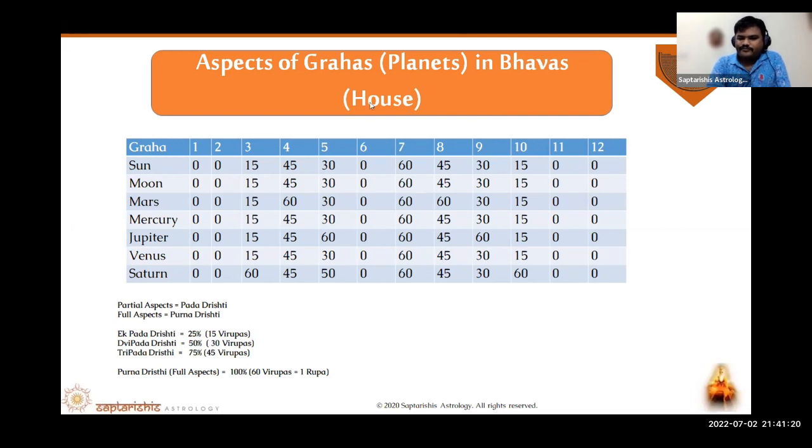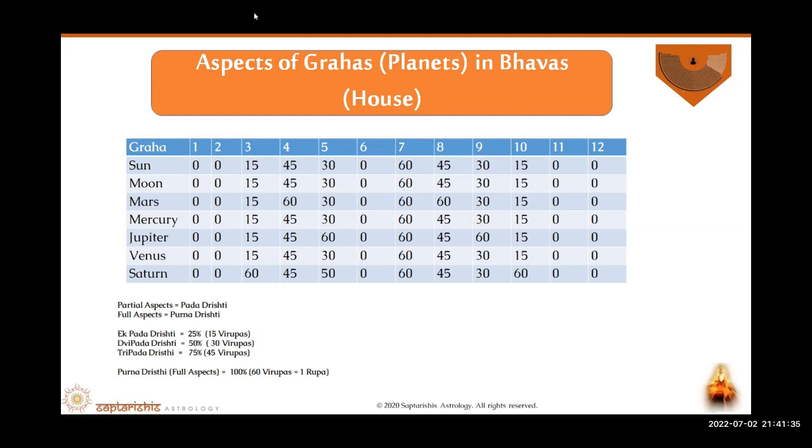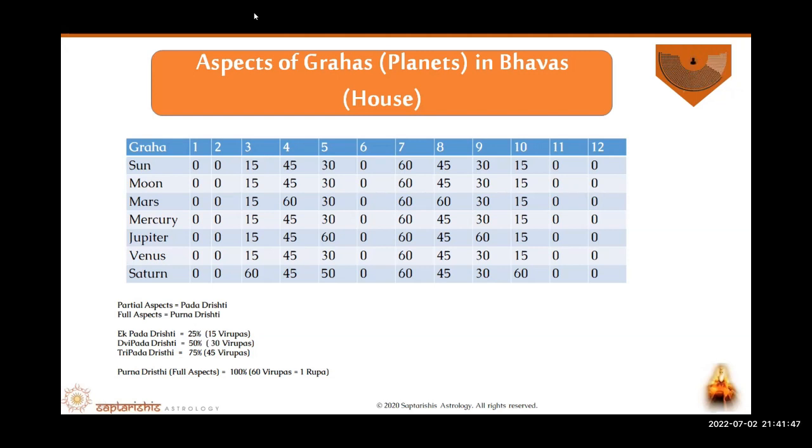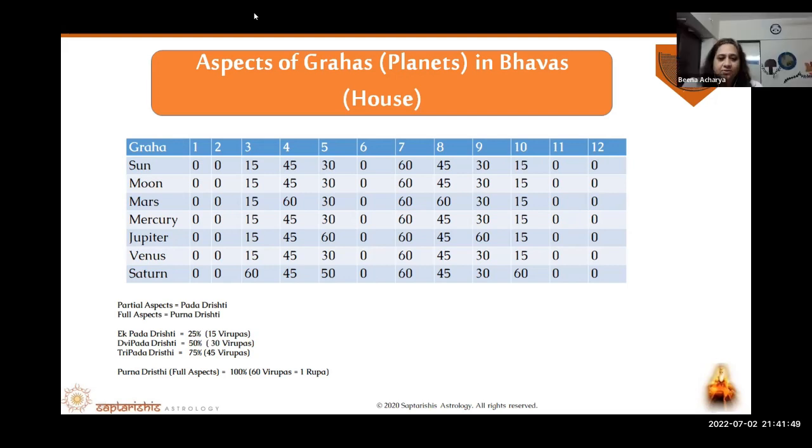Yes, Beena ji. सर अगर हम पार्शियल एस्पेक्ट कंसिडर करते हैं तो फिर हॉरोस्कोप में बचता क्या है? हर एक प्लैनेट कहीं ना कहीं देखता ही है, तो आपको बचाना क्यों है? हमें तो रिजल्ट प्रेडिक्शन बताना है ना, वही तो हर जगह प्रिडिक्शन में आएगा क्या? ऐसे देखा जाए तो हर हाउस इम्पैक्ट होता है।